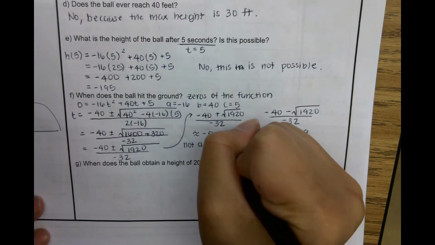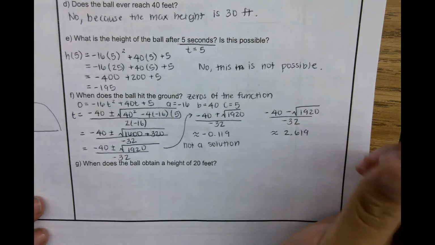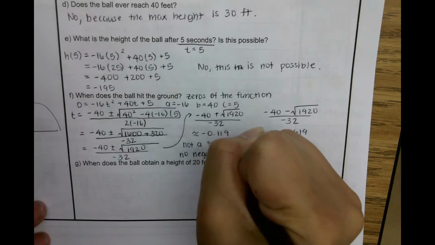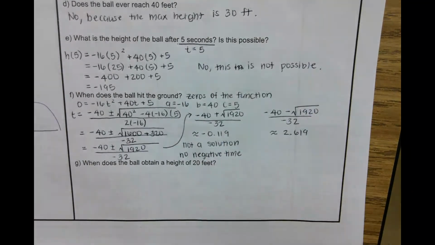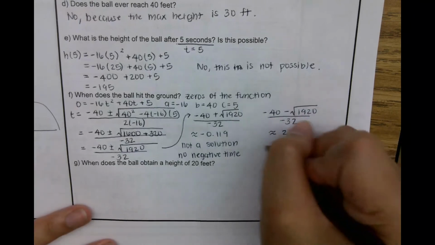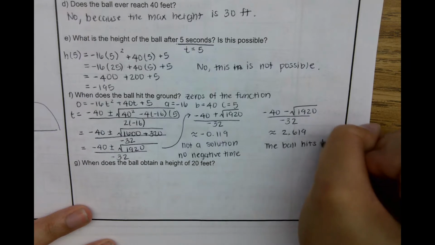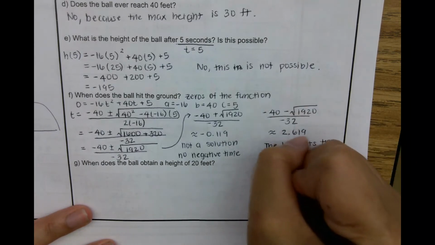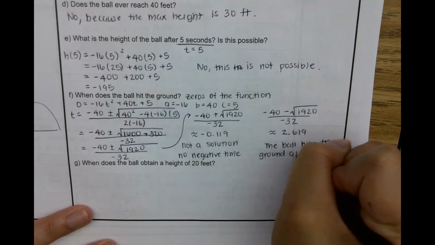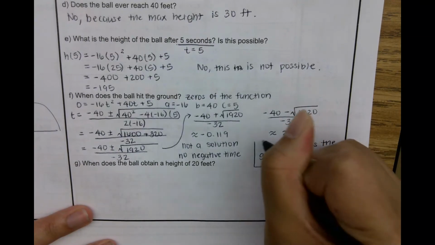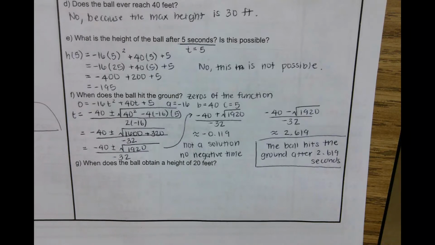And the reason why is because you can't have negative time. So as a result, only this is a solution, and what this means is that the ball hits the ground after 2.619 seconds. Cool. Next,